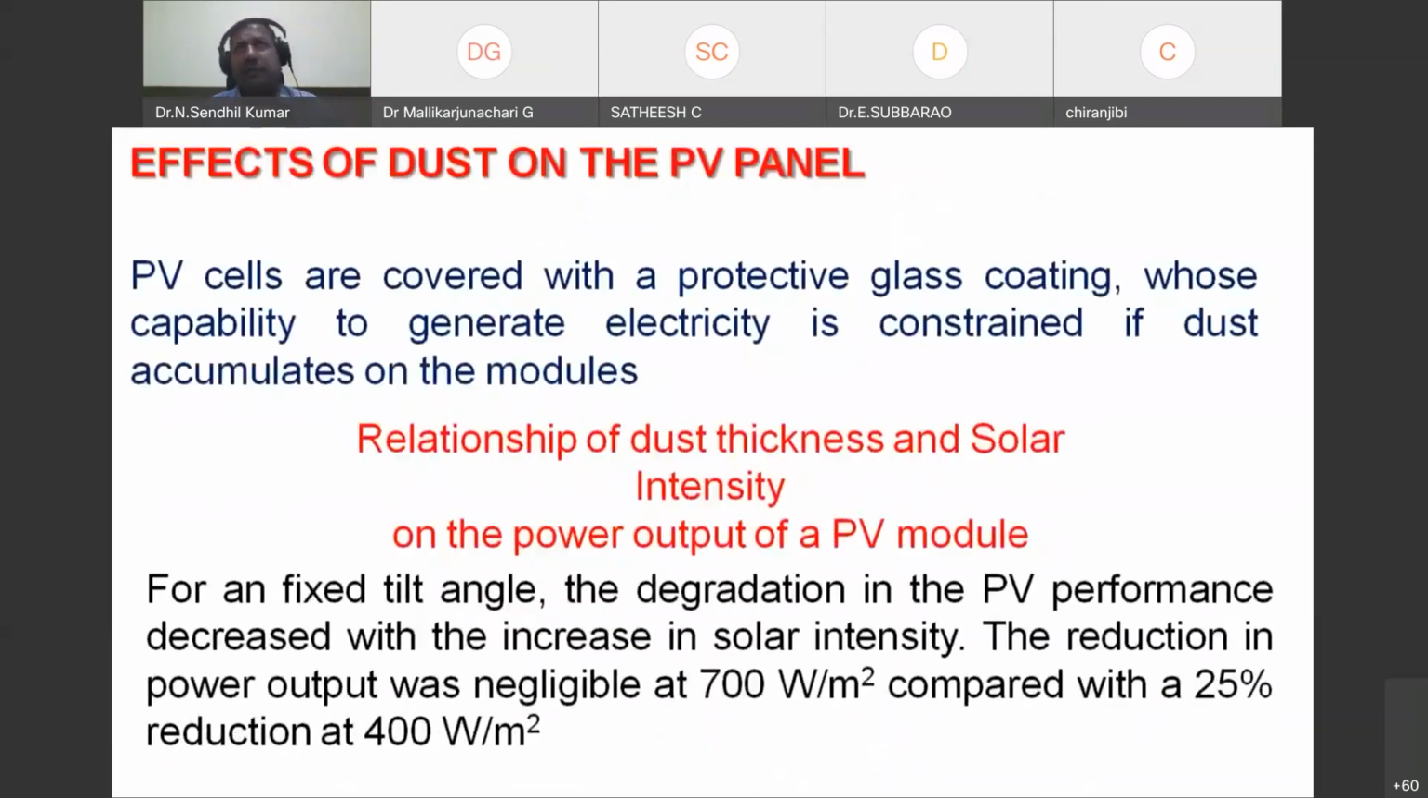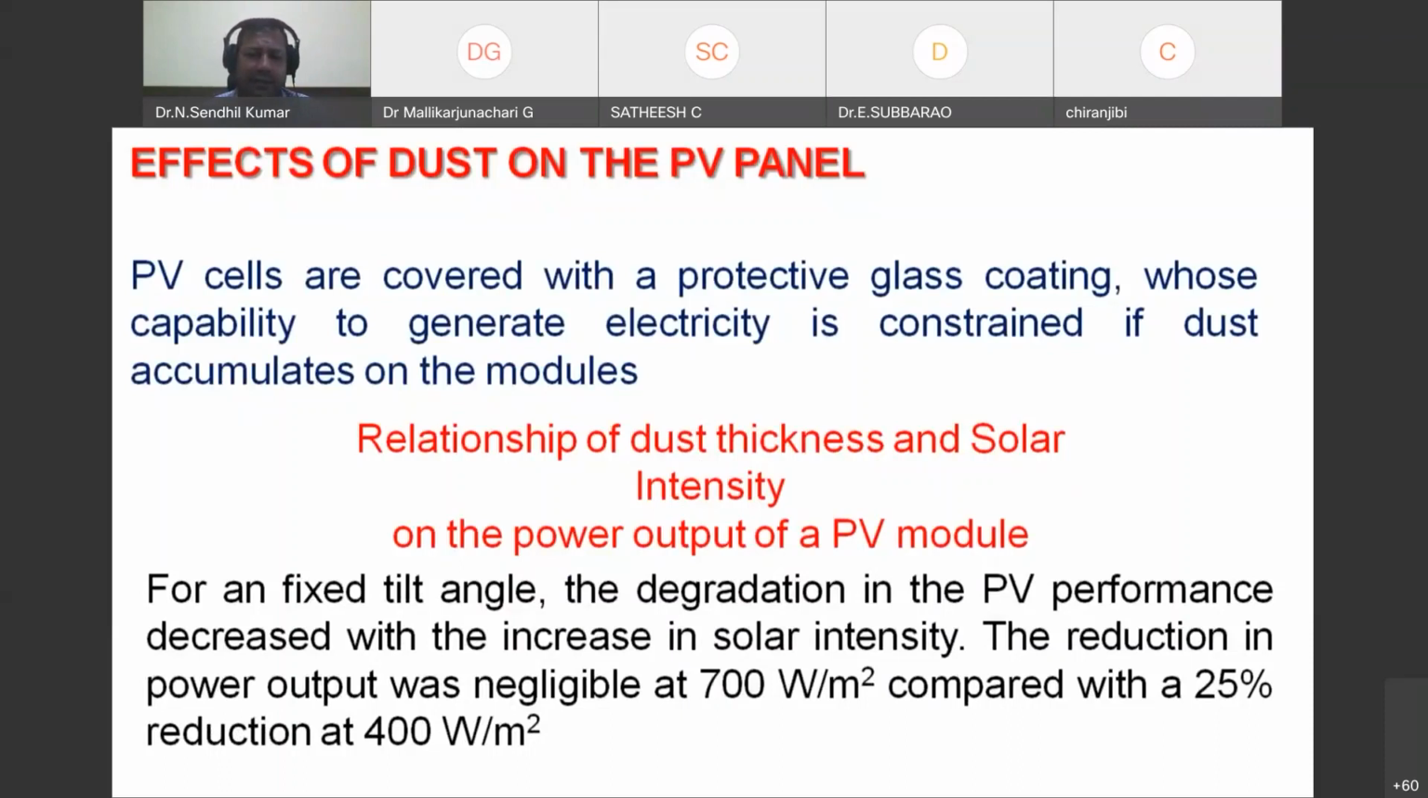And let us come to the dust. Dust is a very important thing. We need to take care of it very properly, otherwise the efficiency of the PV panel deteriorates. That is the thing. So normally in the PV panel, the topmost layer is the transparent glass